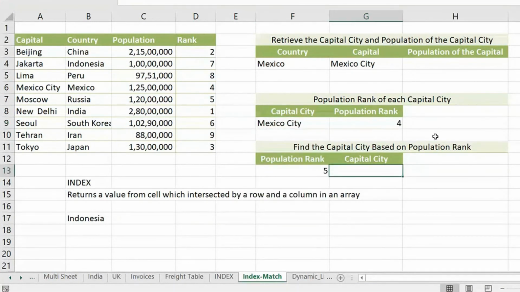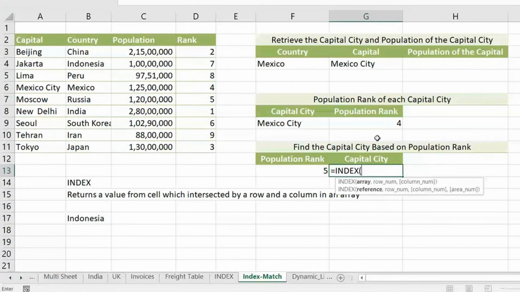Okay, I'll just show you one more example. I'll show you still a easier logic here. See how wonderful is this now. I want to get a city on a rank. Okay, based on a rank, I want to get a city. See how simple is this formula. I'll just make my work still simpler.